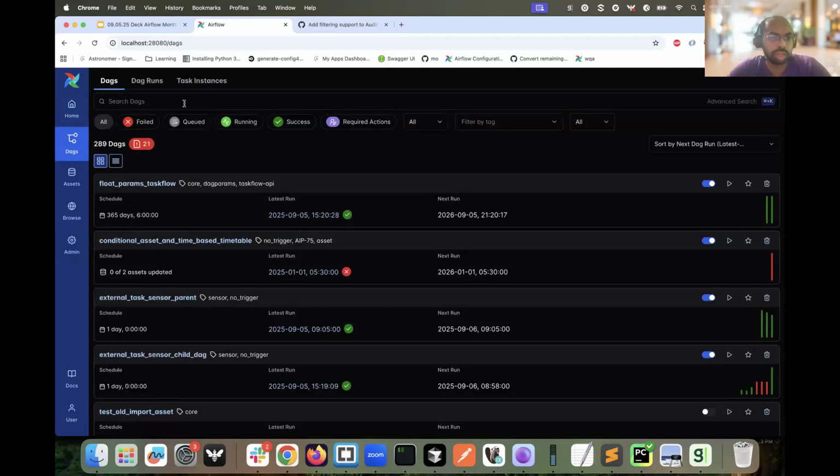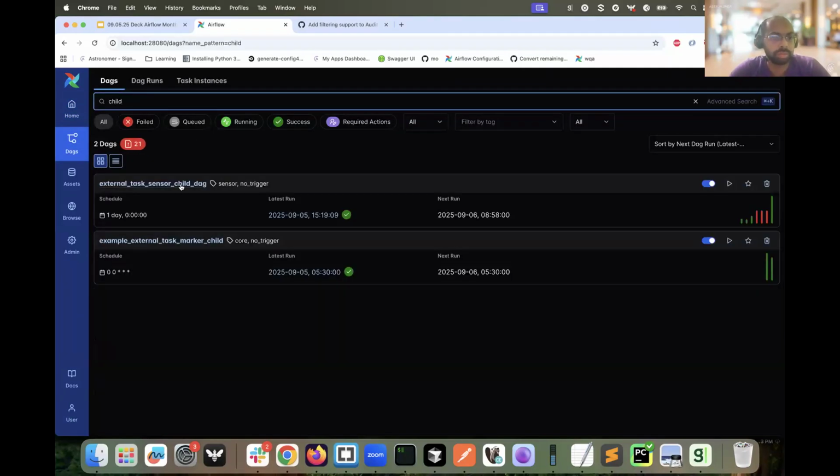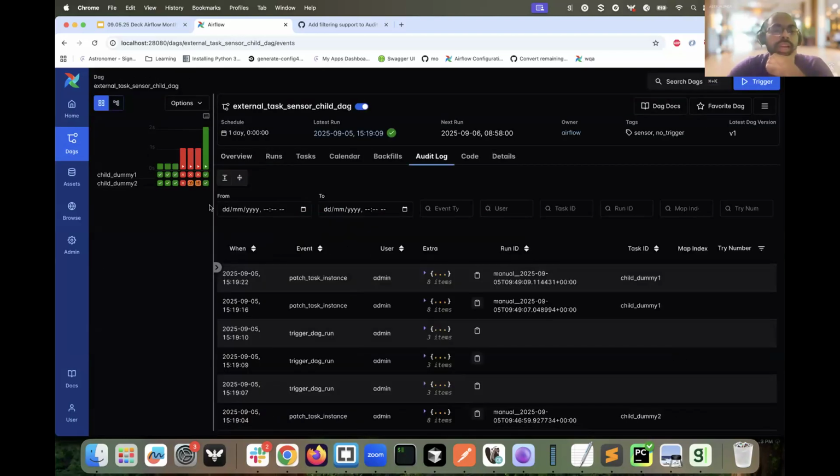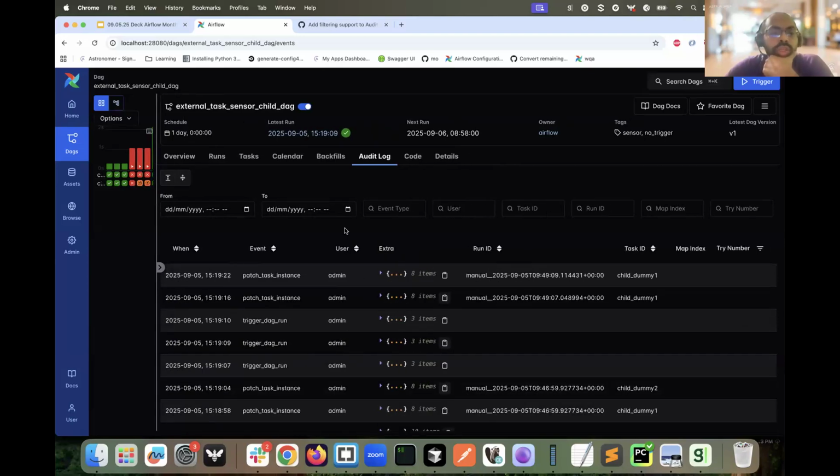We have also ensured that these filters are implemented in the DAG view. So whatever filters we have in the main audit log page are available here as well, so that people can try to search them on the DAG view as well. So yeah, that's pretty much about the audit log filter implementation.